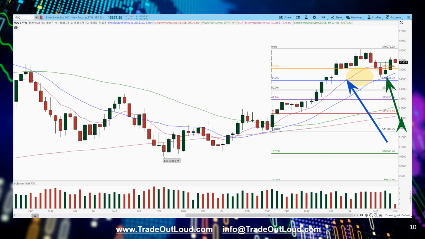Or you can use the 8 simple moving average if you wish. My choice is to use the 10 exponential moving average, but you can use the 8, which is still in the Fibonacci family. Once the price action started violating the 8, it violated the power trend, right? Because the 8 simple moving average or the 10 exponential moving average are very similar. Once the price breaks below it right here,